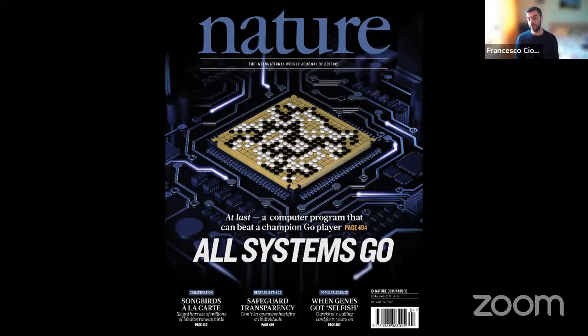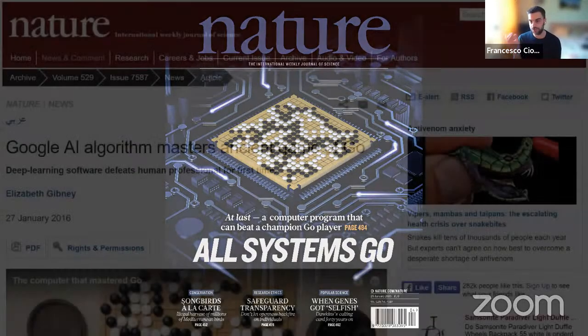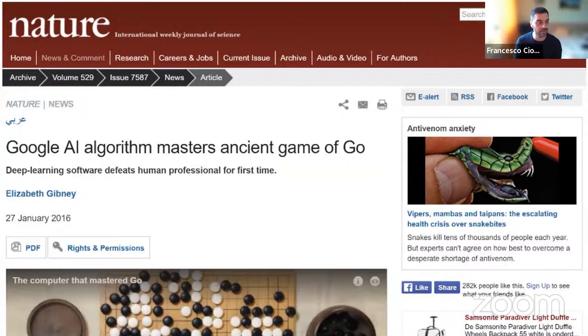But historically, we have had a few moments where we have seen that AI could approach or even outperform human experts at some tasks. And I think the first example was AlphaGo. You probably know about that. Back in 2016, I think, it became the world champion at the Chinese game of Go by defeating Lee Sedol, who was the world champion at the time. And then, of course, it was big news made by Google DeepMind.